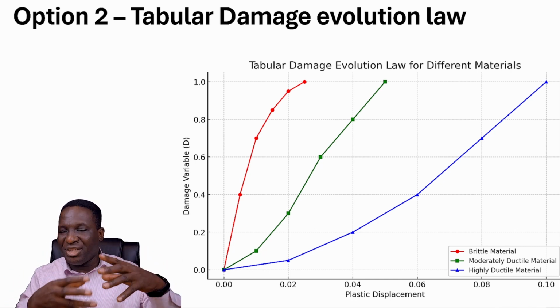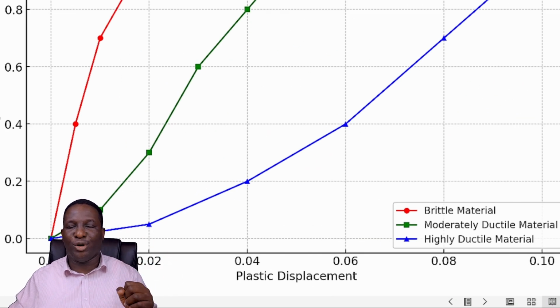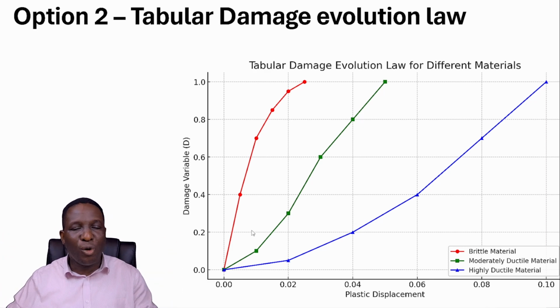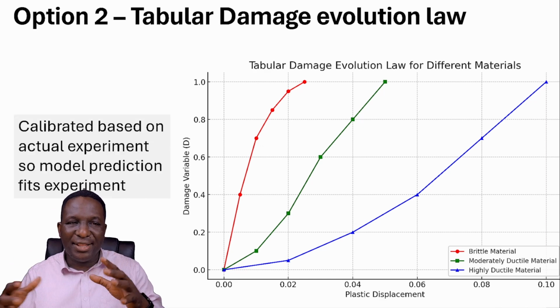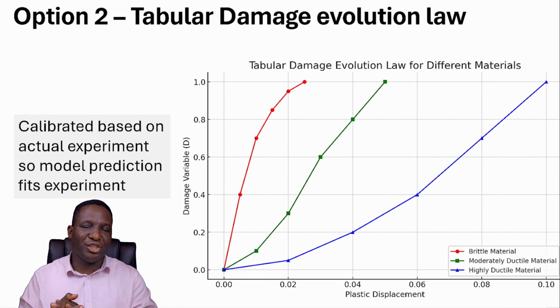What I've done here is to generate these three possible cases for a brittle material, a moderately ductile material, and a highly ductile material. So what would their damage evolution potentially look like? What you can then do in this instance is that instead of having just one straight line dependence between D and plastic displacement or plastic strain, you rather would have a tabulated reading where the system is going this way. Normally this would be calibrated based on an actual experiment so that your model prediction will fit